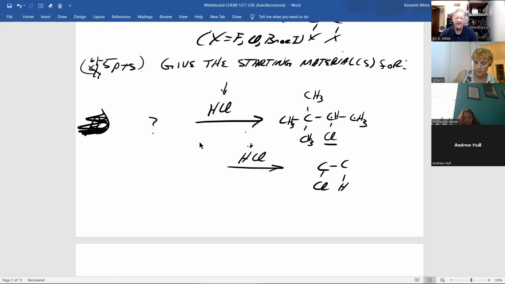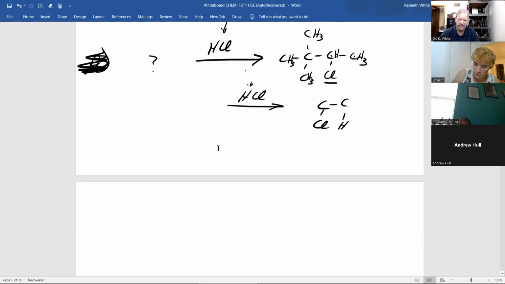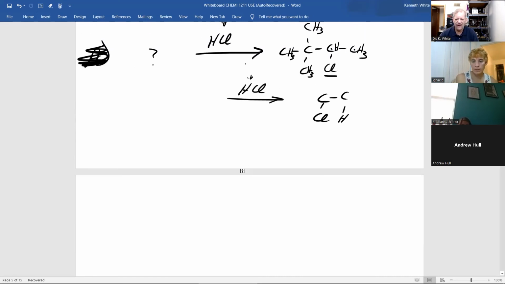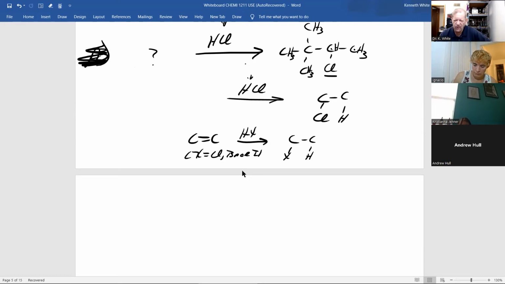And what do we react? And if we look at this, we can say, well, chlorine is a halogen, adjacent carbon is hydrogen, HCl is HX. Remember, X for this reaction would be chlorine, bromine, or iodine. And what do you start with? A double bond. And what this tells you is one of the carbons of the double bond has an H